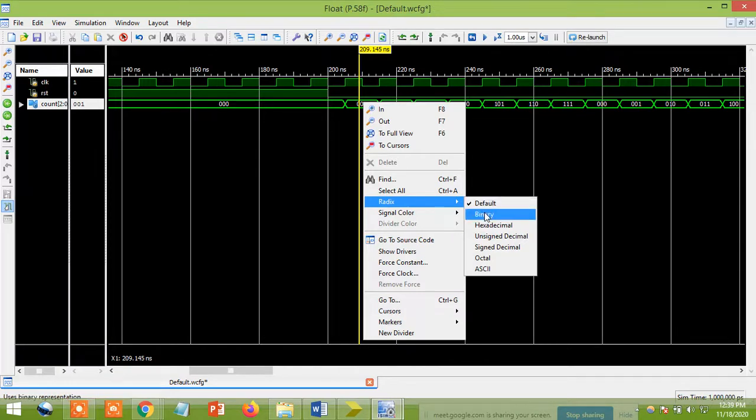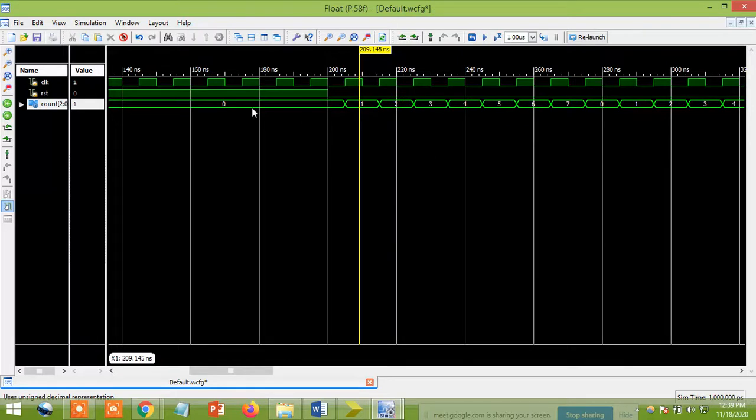If you want to see the numbers in decimal, you can give signed decimal or unsigned decimal. I'll give unsigned decimal because we are not going to use any signed numbers. Just see that 0 1 2 3 4 5 6 7, and once again it comes back to 0. So this is the up counter. Is it clear about this waveform?